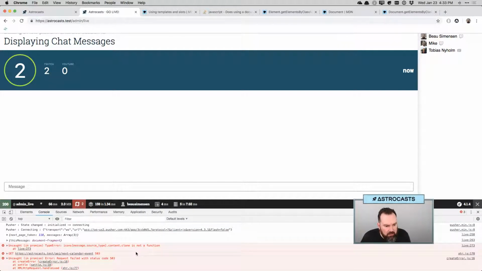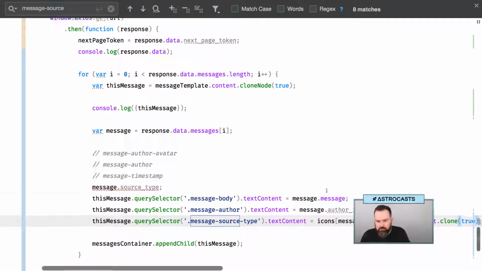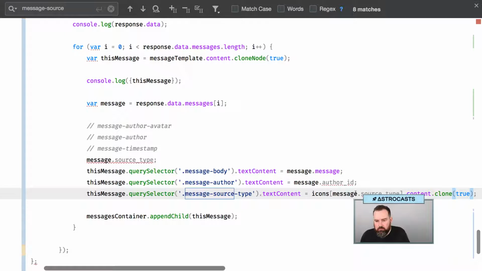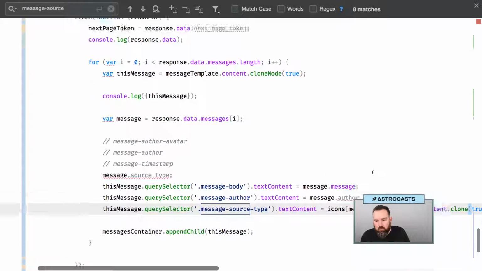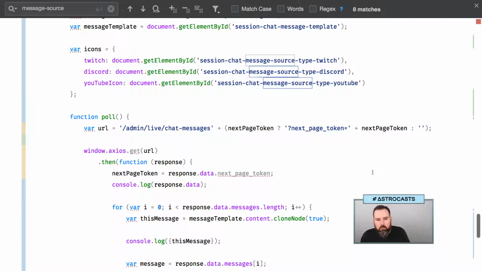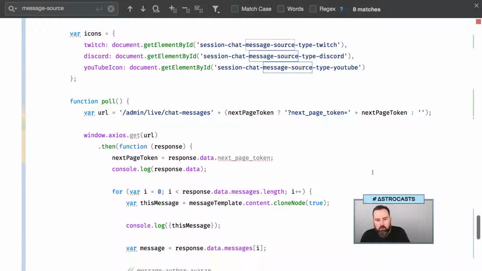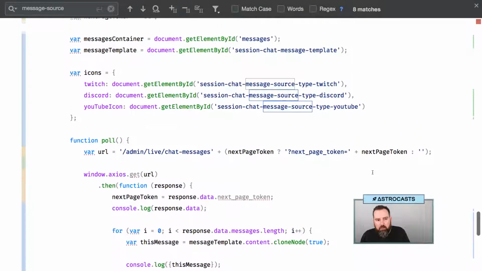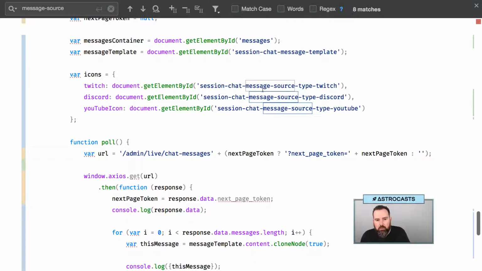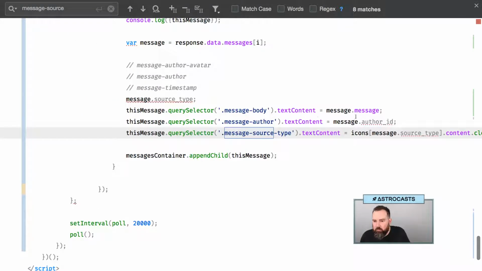Something didn't like that. Icons message source type is not a function. Message template, we're getting that the same way. The only thing would be if that didn't exist for some reason. So let's do